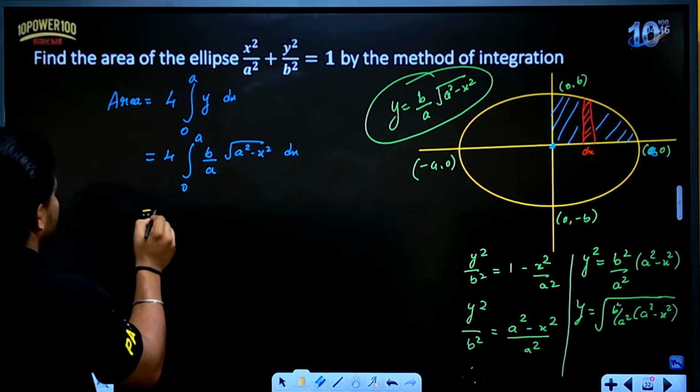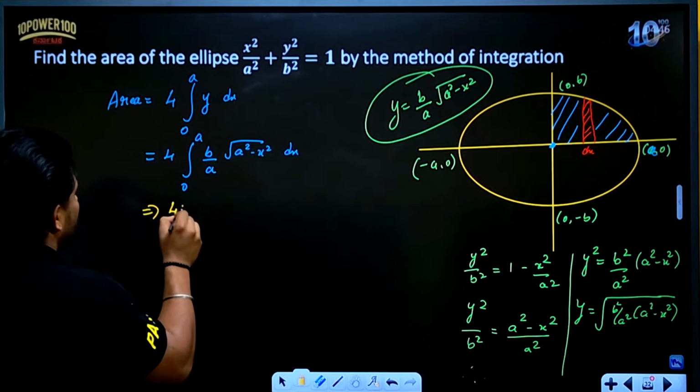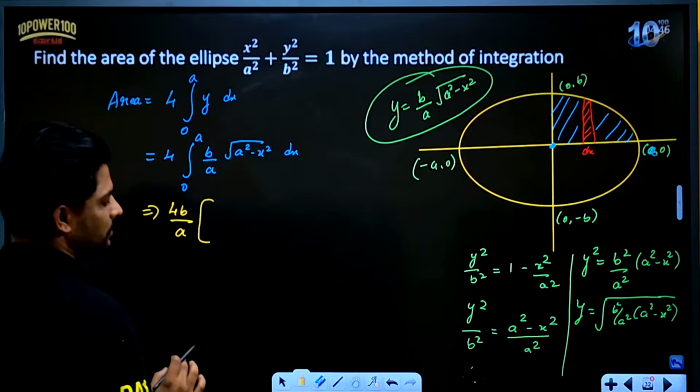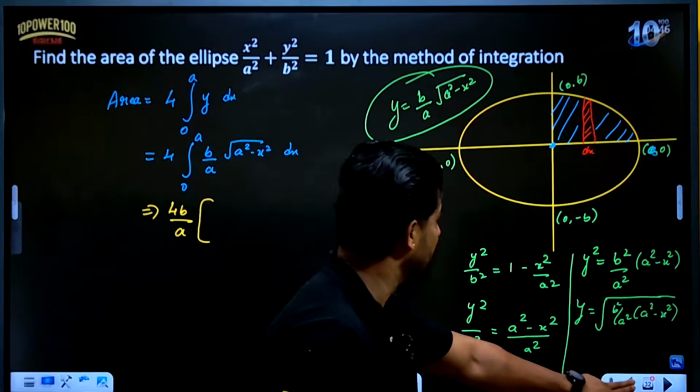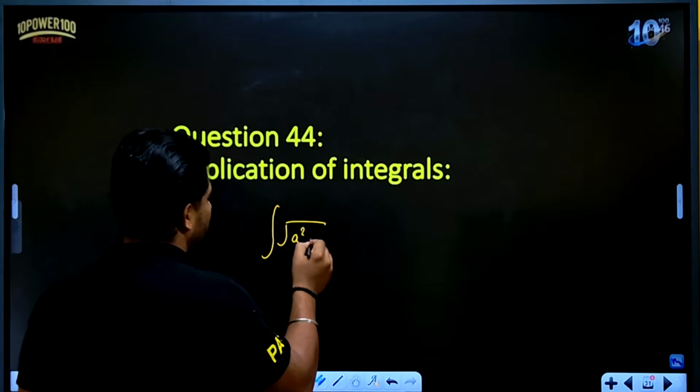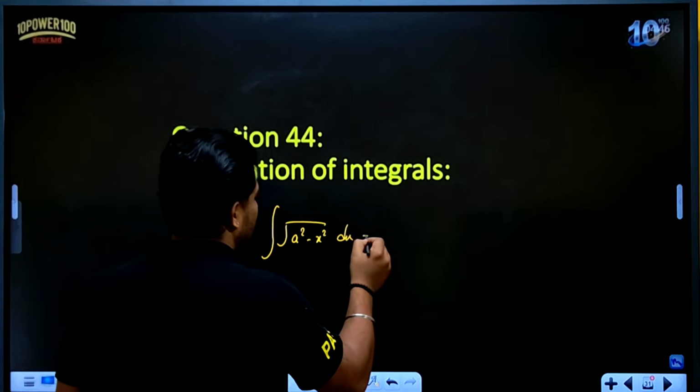Okay, so I'll just keep some of the terms outside. So it is 4b by a into the integration of root of a square minus x square. The integration of root of a square minus x square is very important. I'll write here: integration of root of a square minus x square dx is equal to